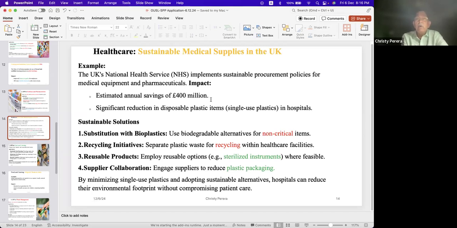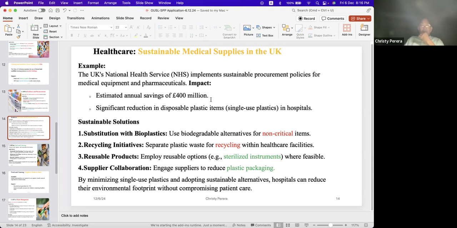Biodegradable alternatives for non-critical items. If it is very critical, you can't use sterilized things. Now, I don't suggest that for vaccination, also use sterilized syringes rather than disposable syringes. I don't know, actually, I'm not an expert to talk on that. That is a different area. When they do the research and put it into the market, the procurement is our job. So we do that according to the new system.